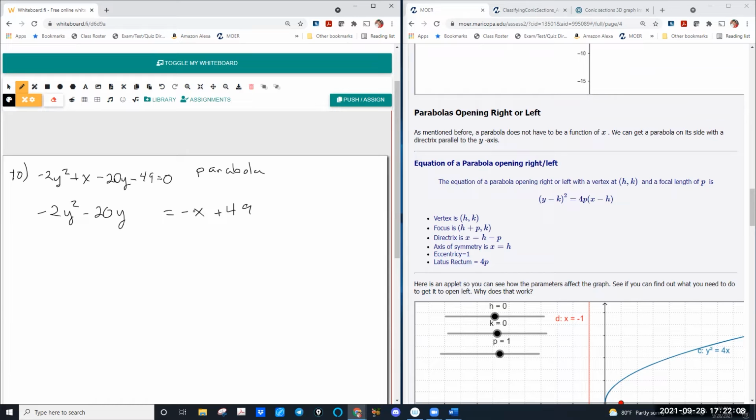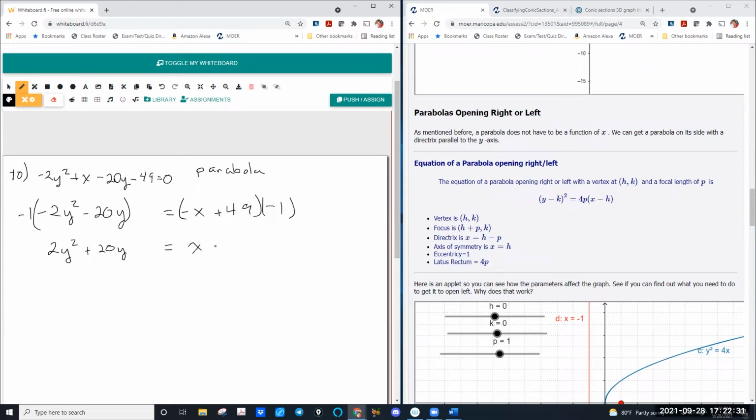Since both the y squared and x are negative, we'll make all of that positive by multiplying both sides by a negative. So we're going to have 2y squared + 20y